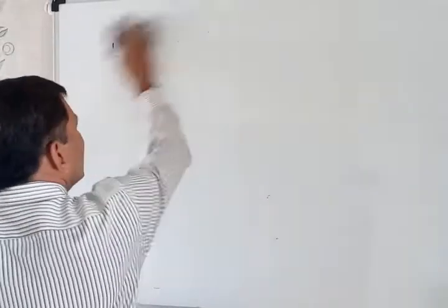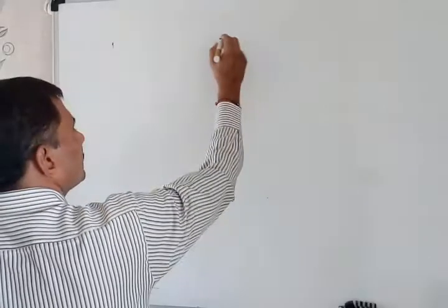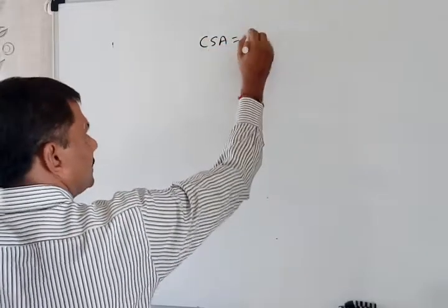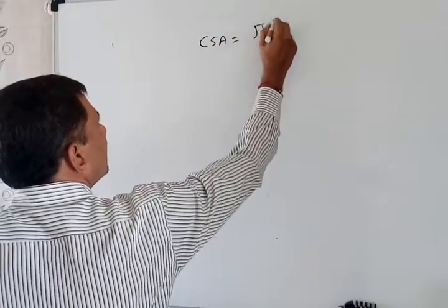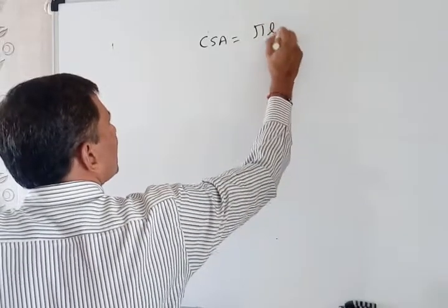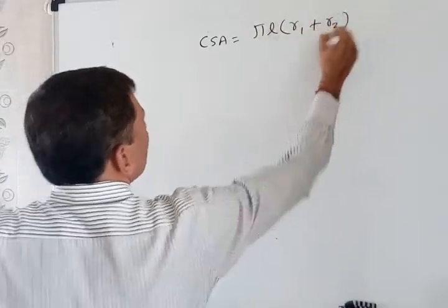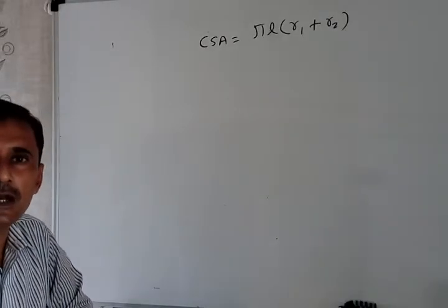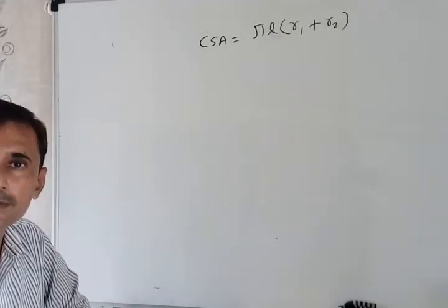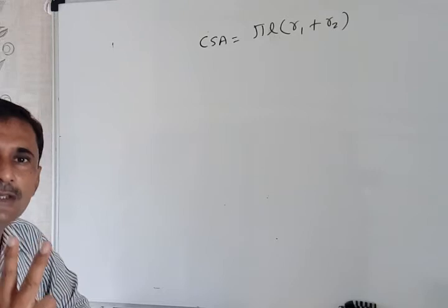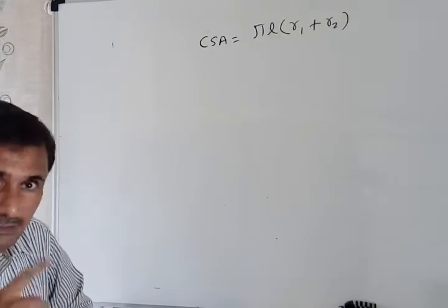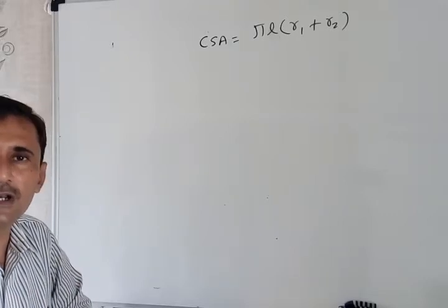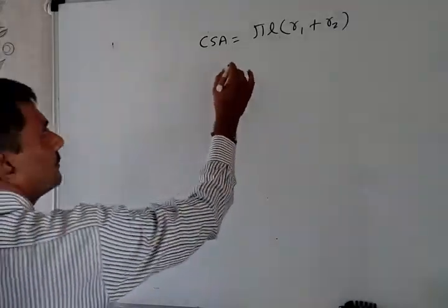So here I am writing that formula. Curved surface area is asked. So CSA equal to pi L (R1 plus R2). So we must have L, R1 and R2, but they have not given R1 and R2. Instead, they have given circumference. So here are two ways. Either you first of all find R1 and R2 from the circumference formula. Otherwise, if you don't want to find R1 and R2 individually, then I have one another idea for you.